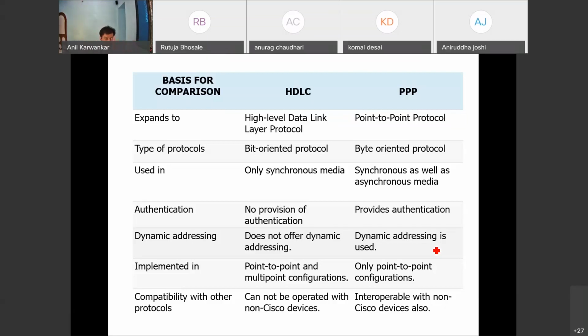Typically, the next important difference is that HDLC can be implemented in point-to-point as well as multi-point configuration. The multi-point configurations, point to multi-point, multi-point to multi-point, multi-point to single point, all these configurations are possible with the support of the HDLC protocol. But in case of point-to-point protocol, the name itself suggests it's a point-to-point configuration only.